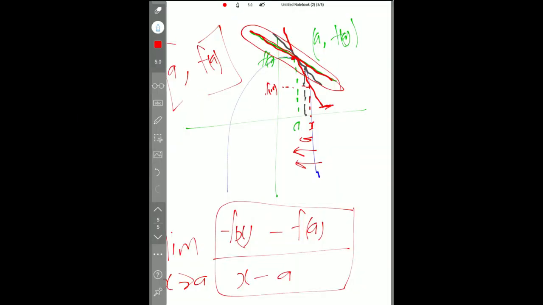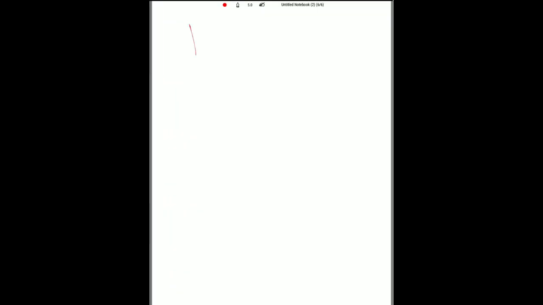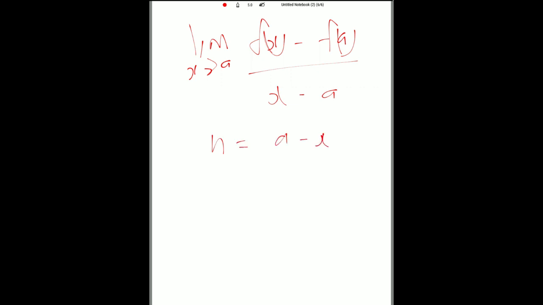So let me just rewrite this on another page. We are finding the limit of f of x minus f of a over x minus a as x approaches a. Now, let's say that h is equal to a minus x. If h is equal to a minus x, and we're going to substitute h into this, then what that's going